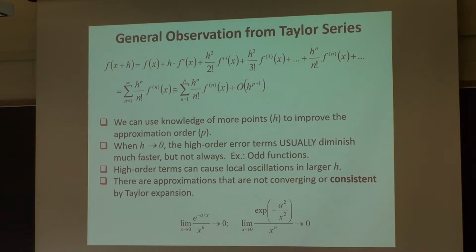hp adaptivity. When h becomes very small, higher order terms usually diminish, right? Because order h, when h is very small, becomes smaller and smaller. Taylor expansions, right? But this is not a monotonic function, because it is h times your higher order derivative. So it still depends on the function. It's not that your higher order always improves monotonically, because the error still depends on the function.